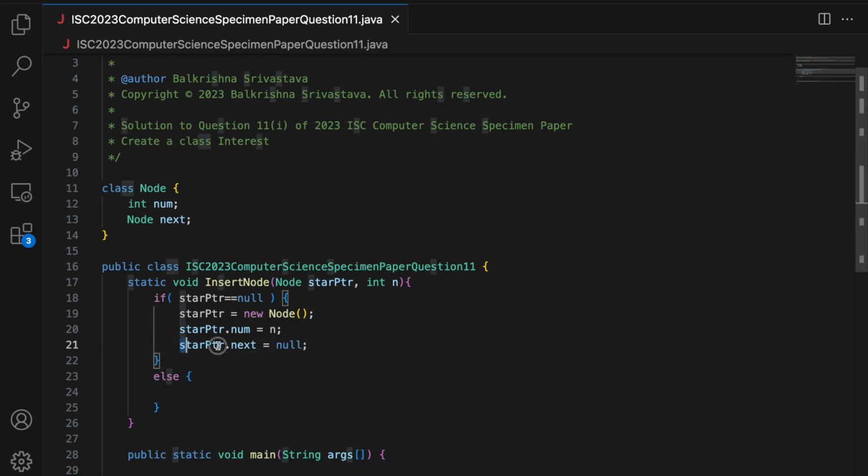You can choose not to write this line of code, because when you call this default constructor it provides default values to these data members, and this is a non-primitive type, so by default it will be null. But you should write it explicitly to make it clear to the reader that the next of this current node is null. Else part is when this is not null, that is there is at least one node